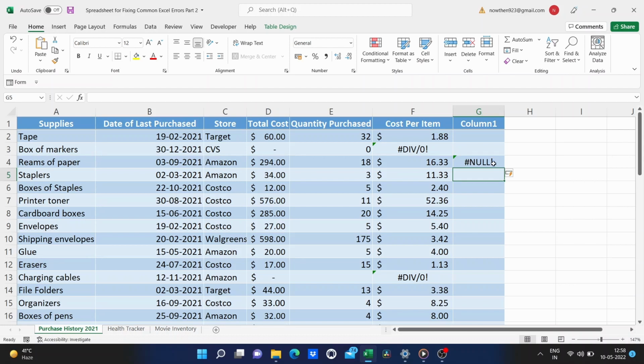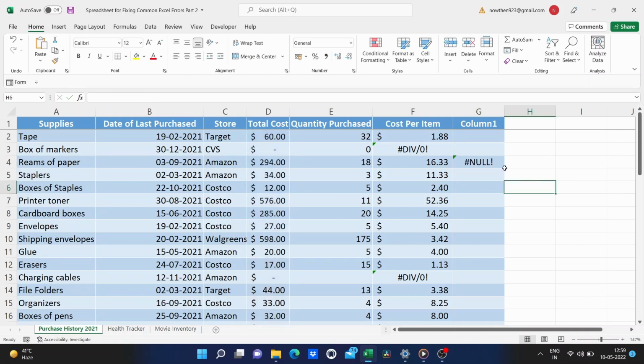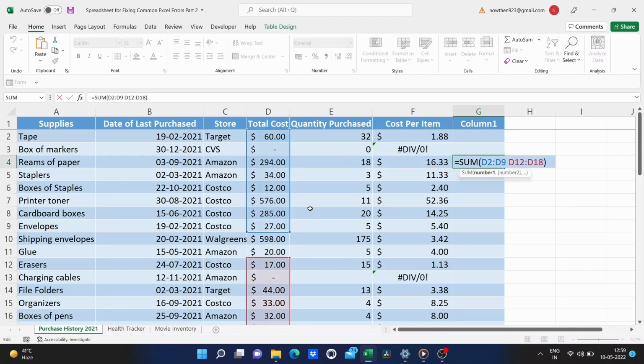Now, the reason for that is because of this space here. I should not have put a space there. Whenever you put a space in that situation or similar situations, what it does is it tries to identify an intersection of two ranges. It's looking for where two ranges intersect. Well, guess what? This range that I selected does not intersect with this range. There is no intersection, and that's why it produces an error message. No, there is no intersection between those two ranges.